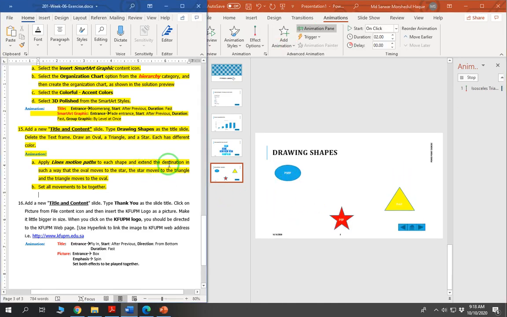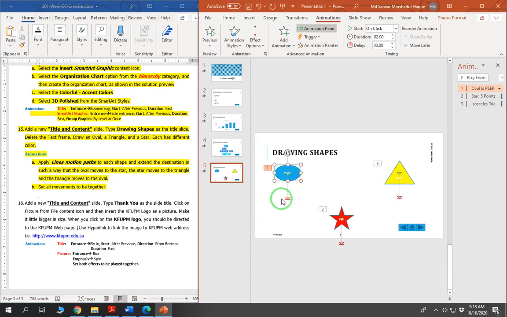So we'll extend the destination, so the oval will move to the star. You can see this is the destination. This is where it starts and it will stop here. If you play, you can see. So now I'll change this destination. If you click on this red arrow